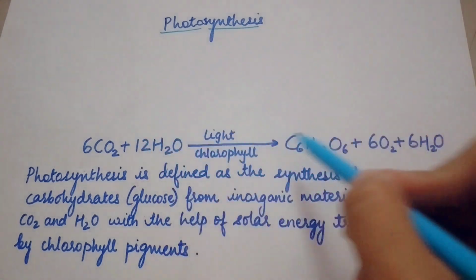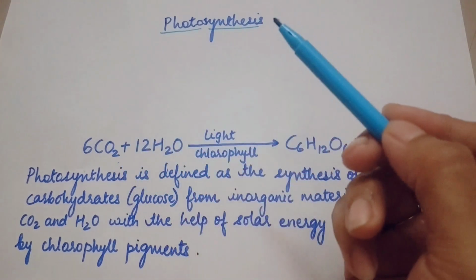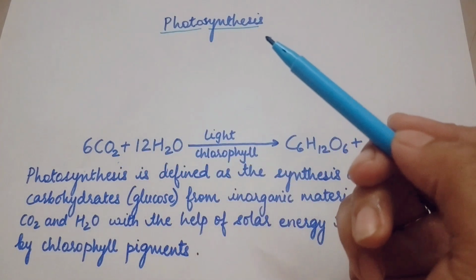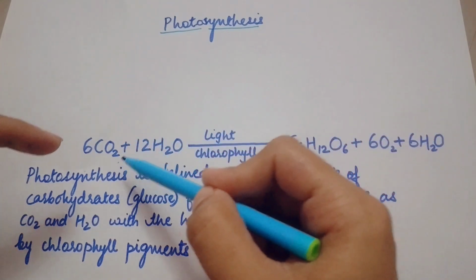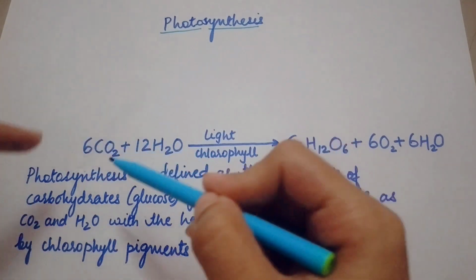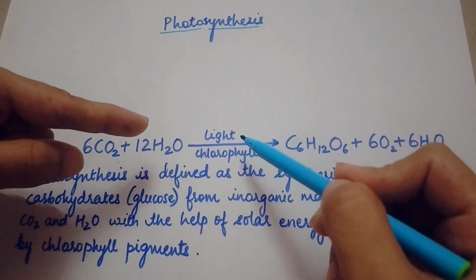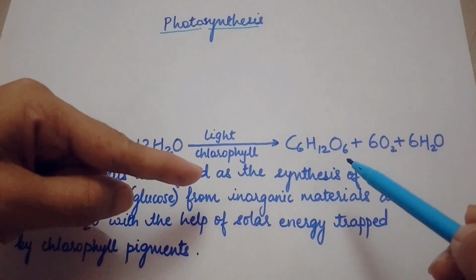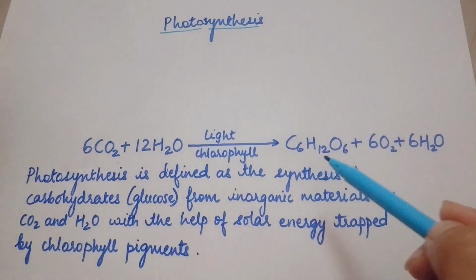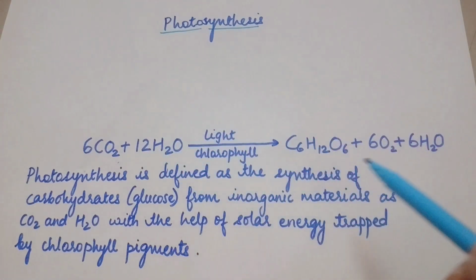So if you see the equation of photosynthesis, the equation consists of 6CO2. See, the plants take in carbon dioxide and they release O2, which is consumed by humans. So they use carbon dioxide, and you water the plants, so water is there: CO2 plus H2O. See, what they are going to do, they are going to use light, which will be trapped by their pigment chlorophyll, and it will form their food, that is glucose or carbohydrate, which is C6H12O6. And they will release oxygen, which will be used by us, and they will release some amount of water as well. So this is the equation of photosynthesis.